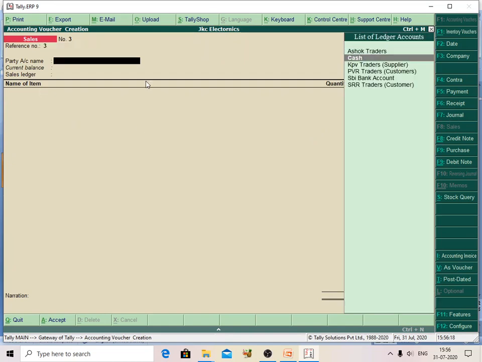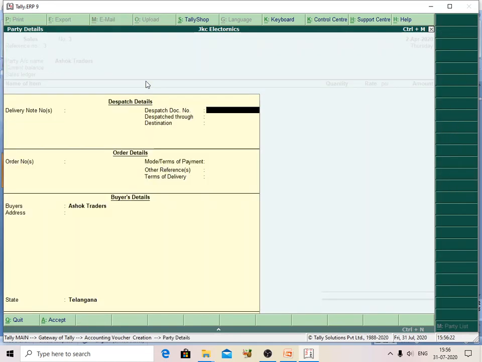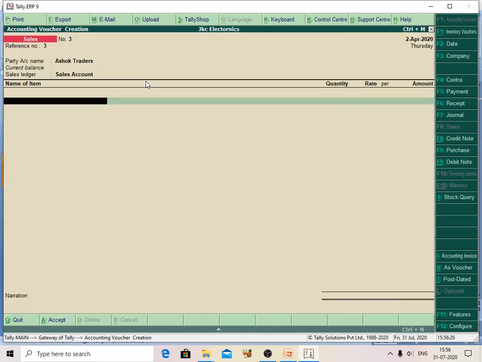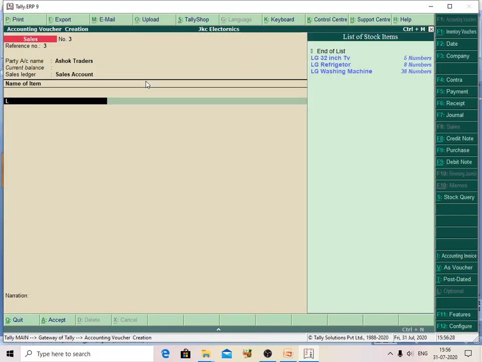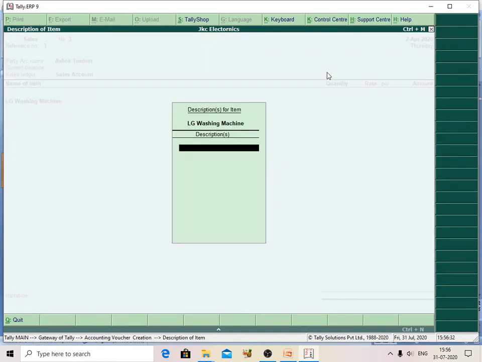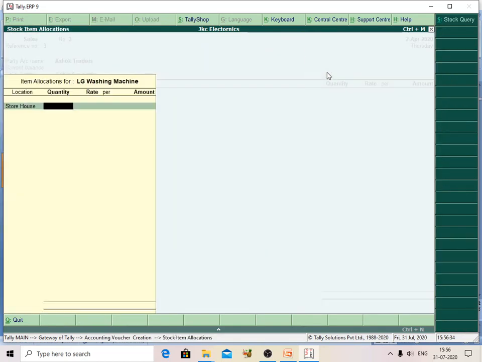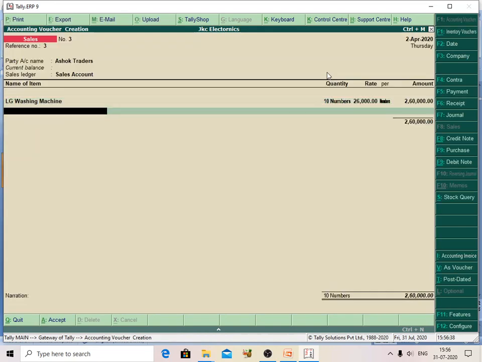The party name is Ashok Traders, and the sales account LG washing machine, LG refrigerator. LG washing machine, it is stores and the quantity is 10, 26,000 rupees each. Right. Now I save the transaction. Ctrl+A to accept the screen. Now the transaction is saved.